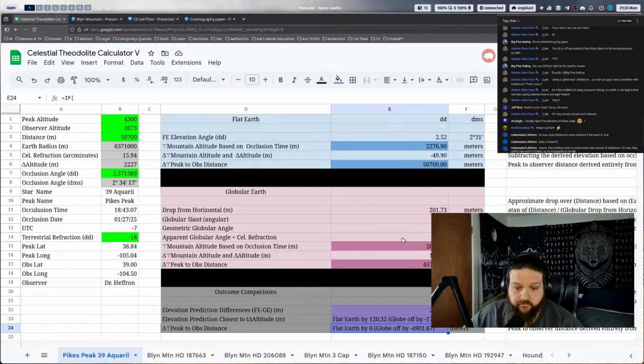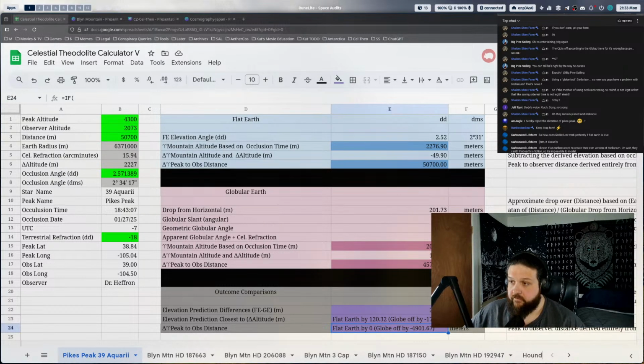But when you use that 219 and the height of the mountain with the globe, the 2056, right? Then your distance is actually going to be wrong as well. And in reality, we know what the actual distance from the mountain is, right? Because in reality, that's where the observer actually was. So that's how you can reference which one is more correct.